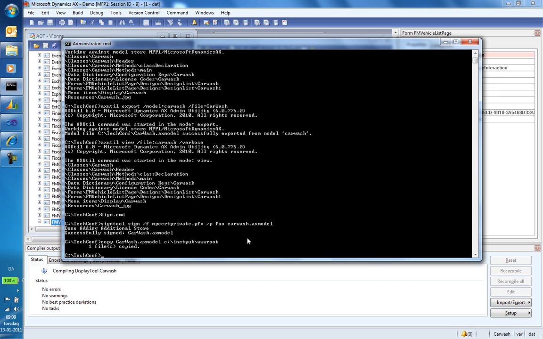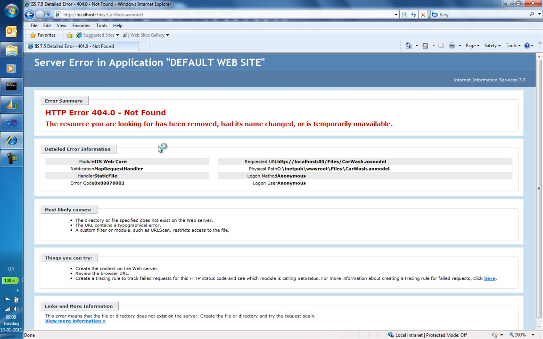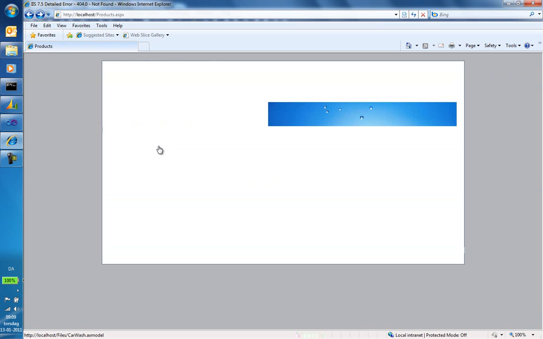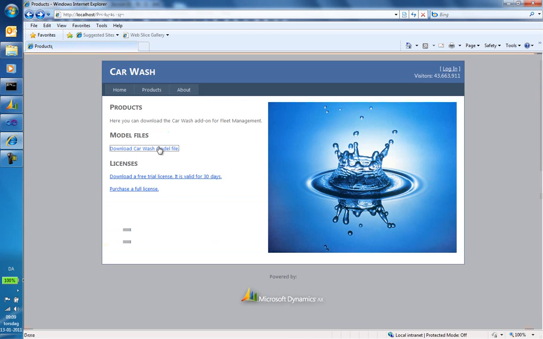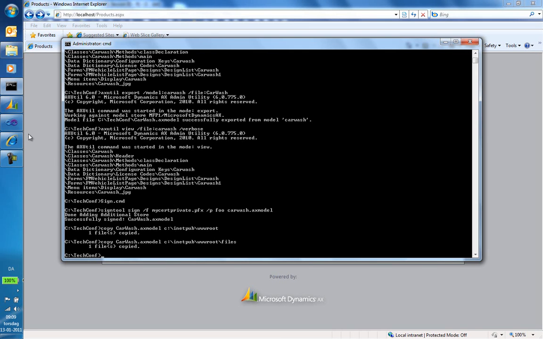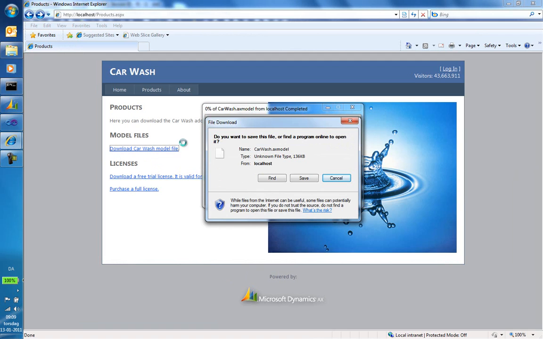There we go. Now it's available on our site. Let's go to the site and see if we can download it. Click F5. Car wash AX model. Whoops, copied it the wrong place. It should go under files. There we go. So now it's